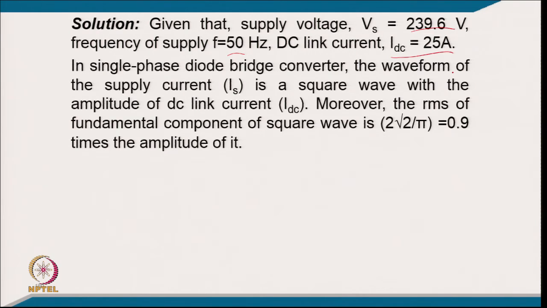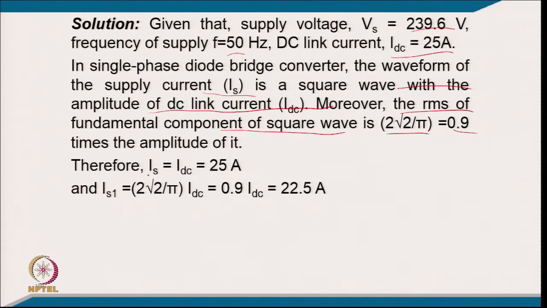So, in the single phase diode bridge rectifier, the waveform of the supply current is a square wave with an amplitude of the DC link current. Moreover, the RMS value of the fundamental of the square wave is 2 upon pi times the amplitude of the current, like 0.9 times that. Therefore, the RMS current is equal to IDC, that is 25, and the fundamental current RMS will be 2 root 2 upon pi into IDC, that is 0.9 IDC, and